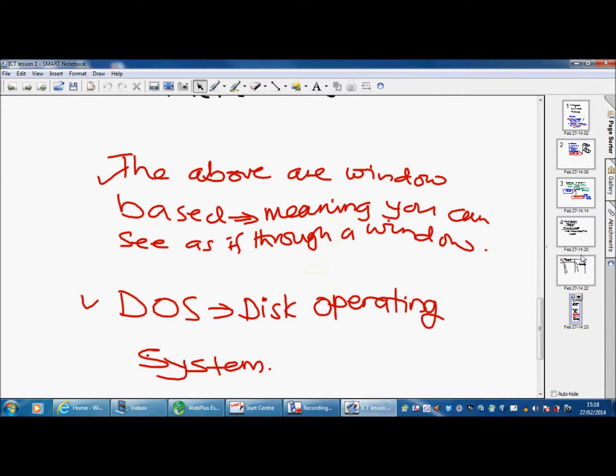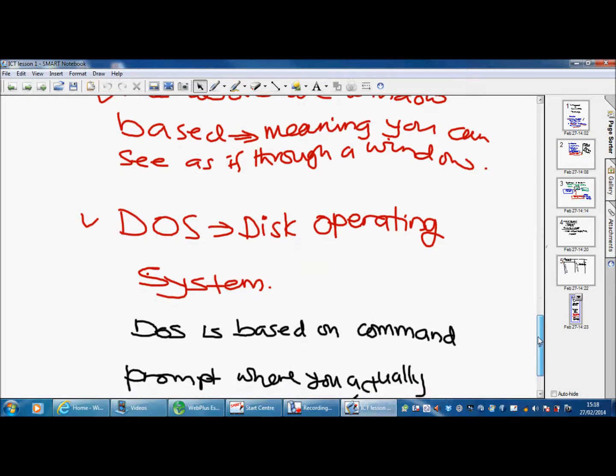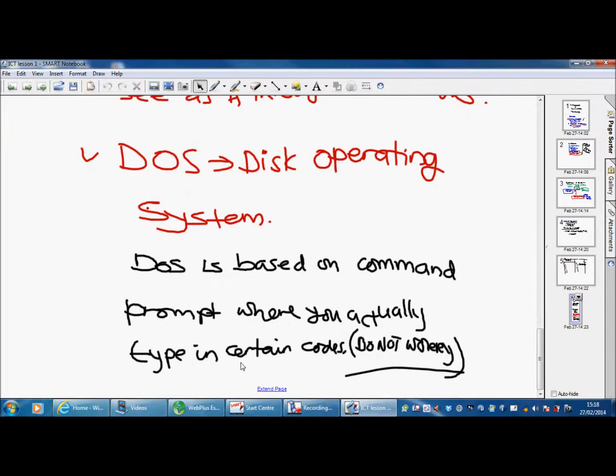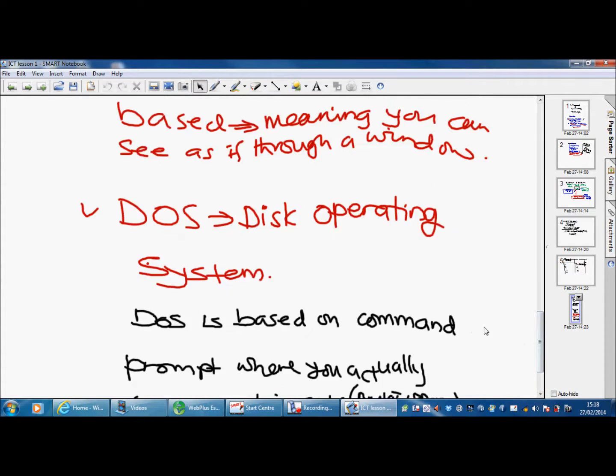Then we have another part of the operating system which is called DOS, the disk operating system. Now, DOS is based on a command prompt, where you actually type in certain codes. However, don't worry about this section. I just want to bring out the element of you knowing the structure and the foundation of ICT vis-a-vis the computer you are going to be using, and also the way you have to understand the actual software that we're going to be using. If we are happy with this short background, let us now go back to the